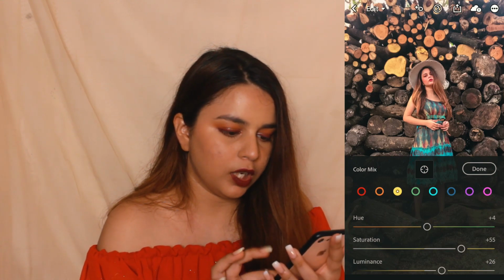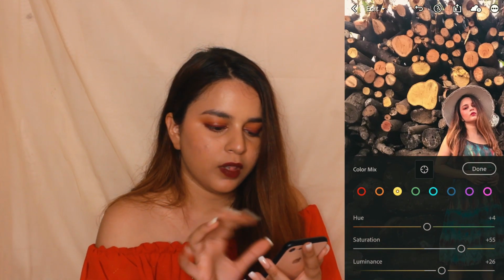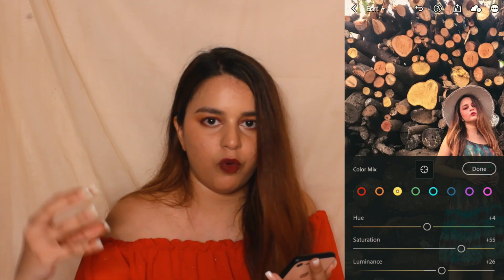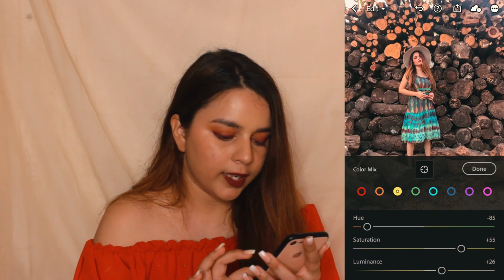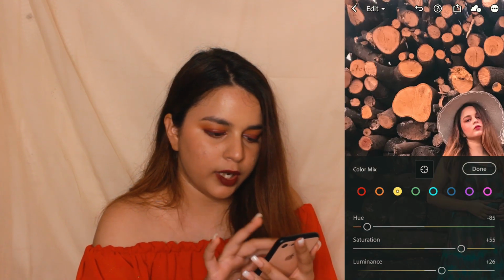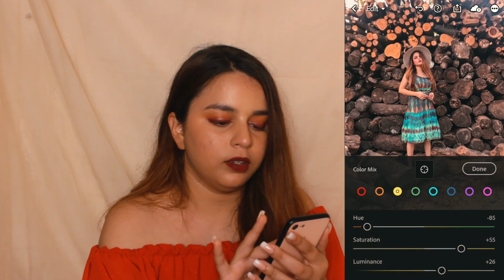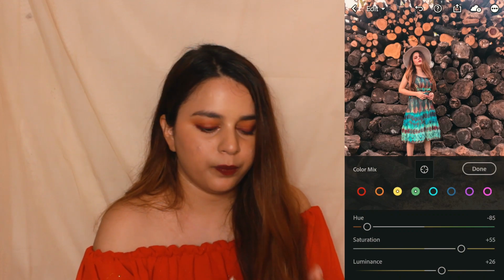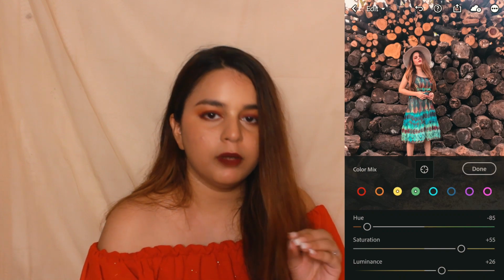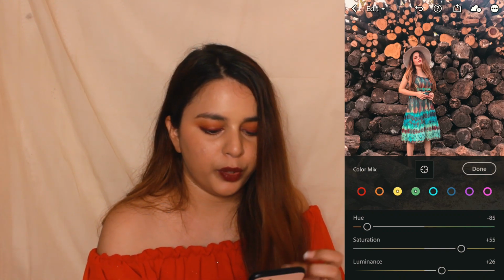And if you see, I hadn't done that before, if you see, this is too much pale yellow and the above one woods are kind of warm orange. But then when I did hue to -85 or so, all the wood color is the same, okay, and that looks so amazing. You can see, this is one thing I do in most of my pictures. Like every time I will be adding a little bit of brownish effect on my picture. So this is how I do it.